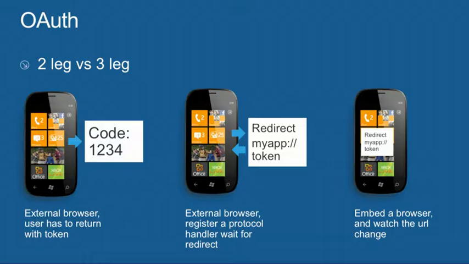And the third approach is the embedded browser approach, where your application embeds a browser inside it and then looks at what's happening inside the browser. So it's kind of a little bit nasty in that your app is technically hosting the Twitter site inside it and could look at key presses and stuff, and then you can get the URL out of it. So I did a little example of that